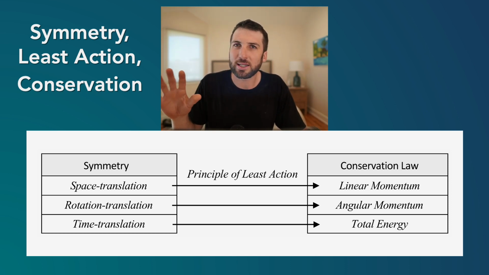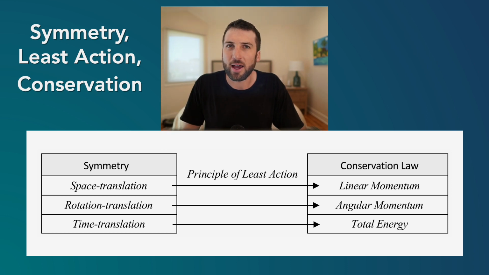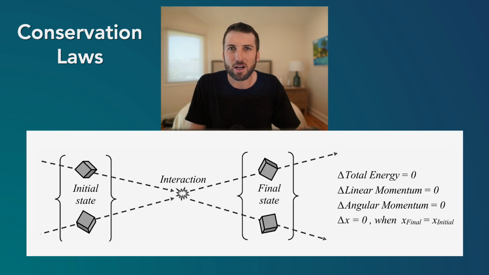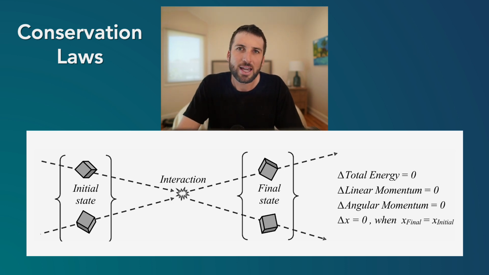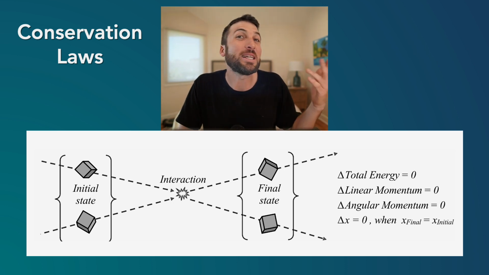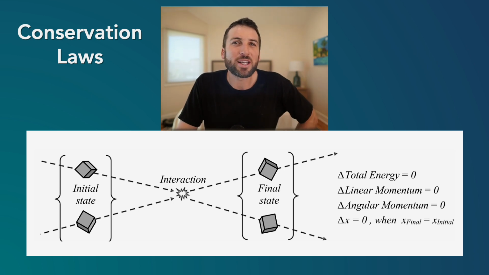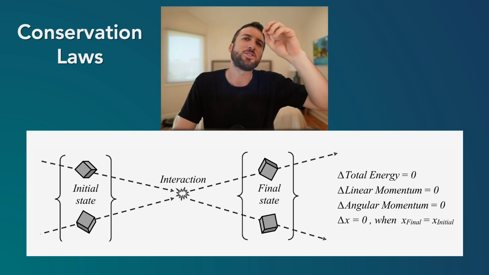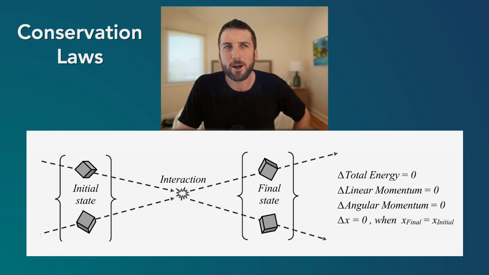This is really deep and fundamental in physics, about how we think about symmetry, least action, and these conservation laws, which are really essential. So just to give you an example of how these conservation laws can be used to calculate states. Something's in equilibrium. That's what conservation laws are really trying to find. They have these initial states of objects, they interact, maybe they smash into each other, and we have these final states. Well, can we find something that doesn't change?